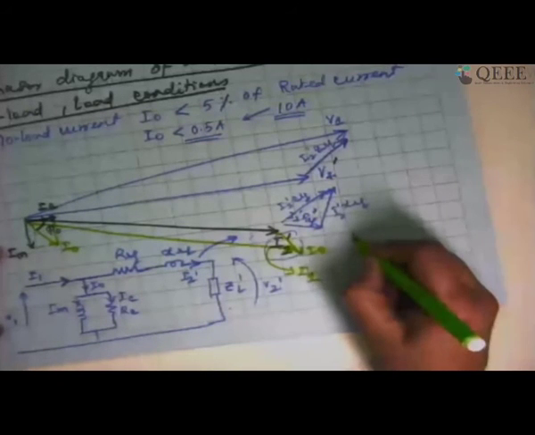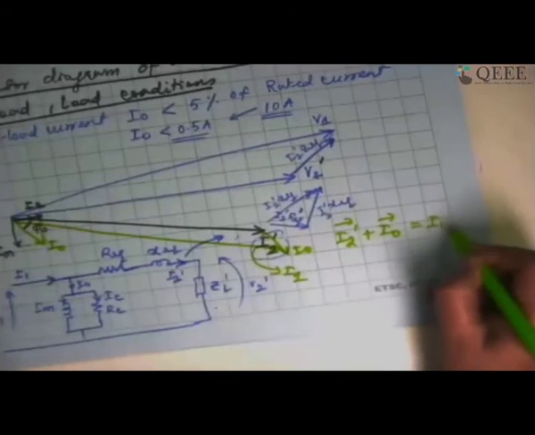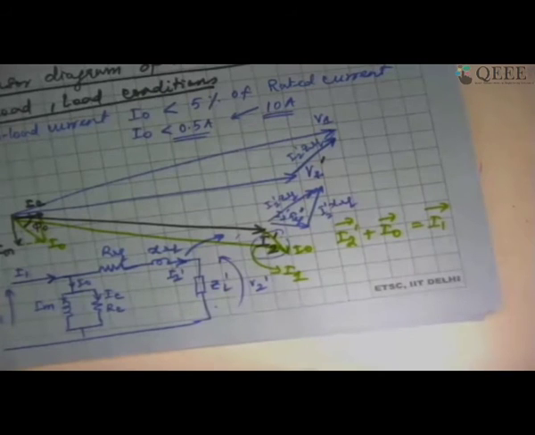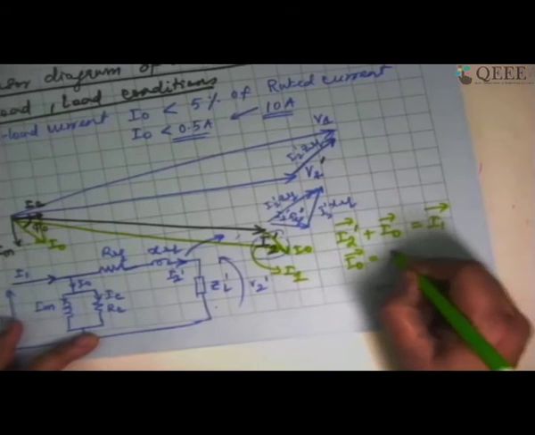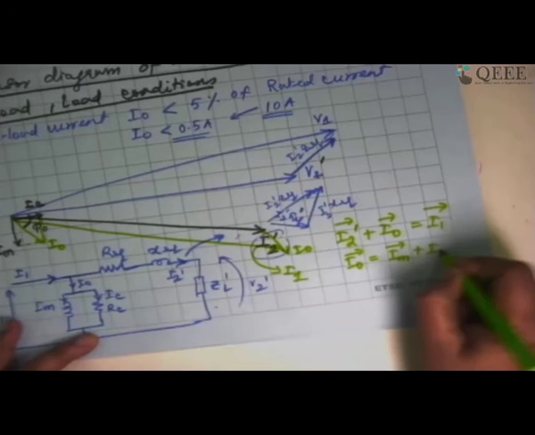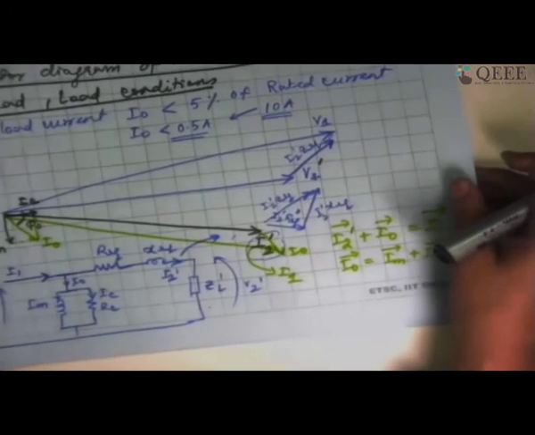So I should say I2 dash plus I0 is equal to I1. All of them are vectors, so I am drawing those arrows on the top. So I2 dash plus I0 is equal to I1, and I0 itself consists of two vectors. One is IM, the other one is IC. So this is the complete phasor diagram of the transformer. With this, let us try to draw the major portion that corresponds to regulation. So let me try to again draw the phasor diagram